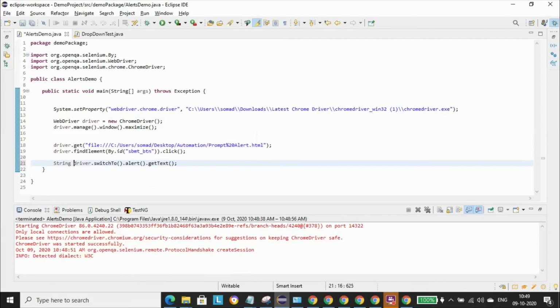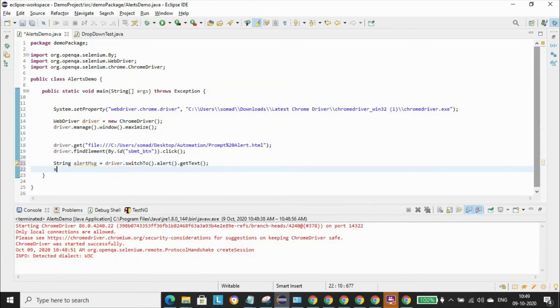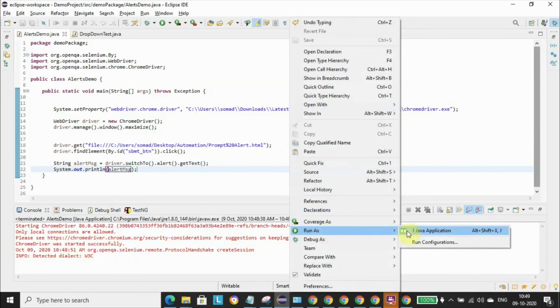I'm going to store this getText inside a string and print this value: String alertMessage equals driver.switchTo().alert().getText(), then System.out.println alertMessage. So we should be able to get the message that is displayed on the alert box.